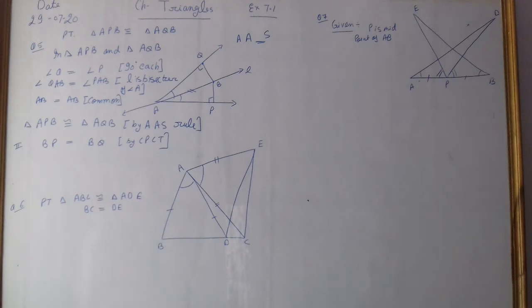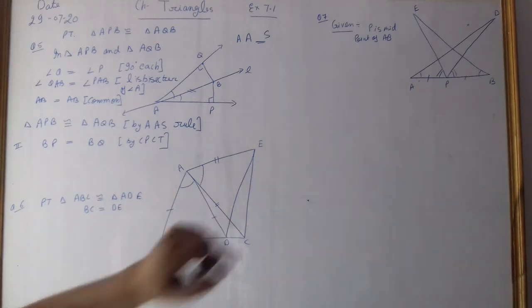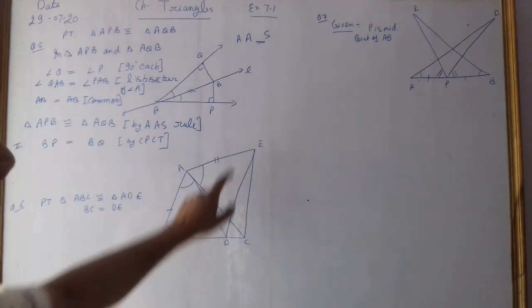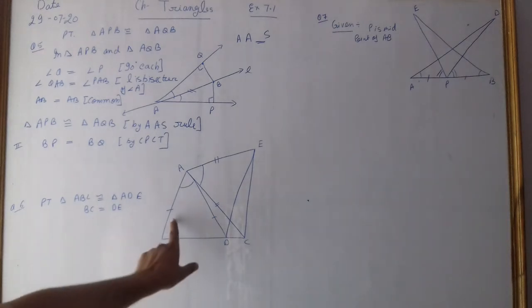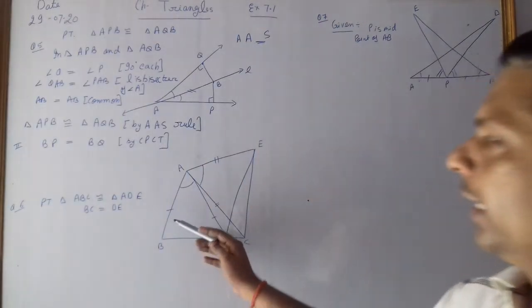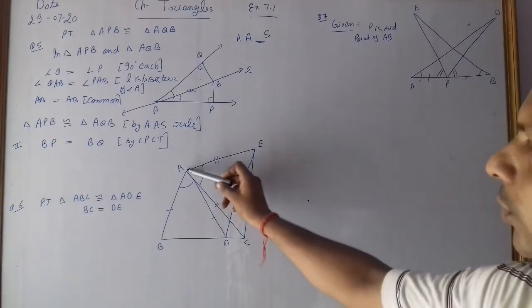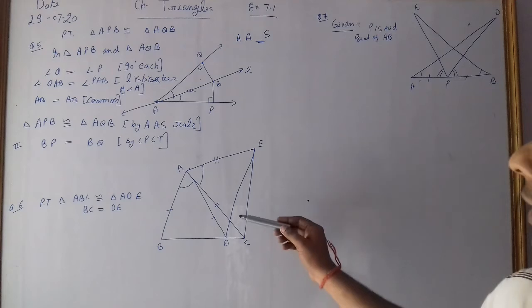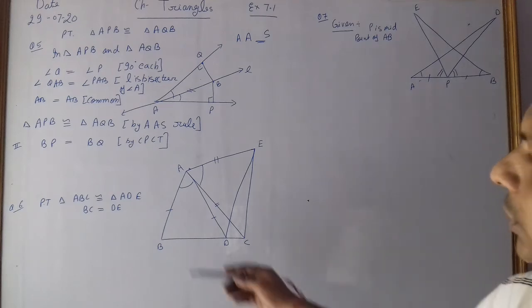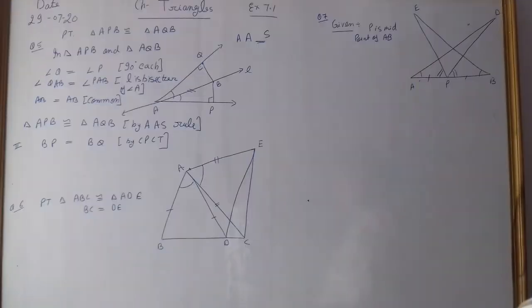Now let us move to the next question, number 6. The figure is given to you. It is a complex figure. BAC is a triangle, BAD is also a triangle here, same as EAD and EAC. You have to see it very carefully. Here, as the sign is indicating, AB is equal to AC, and AC is equal to AE. No other side is given, but one angle is also given: angle BAD is equal to angle EAC.